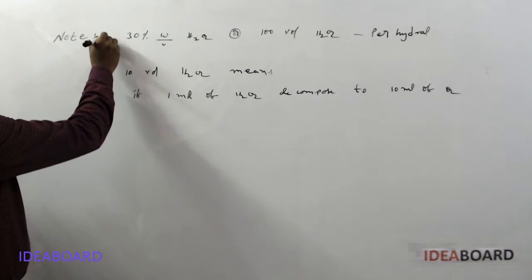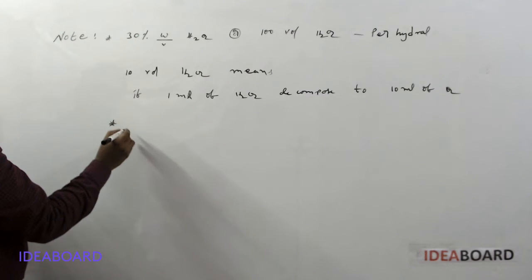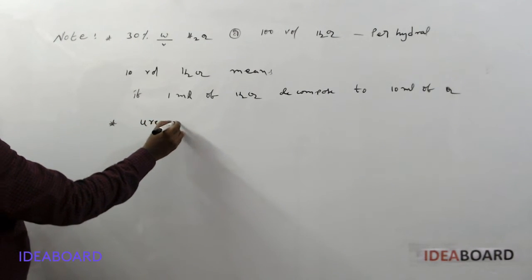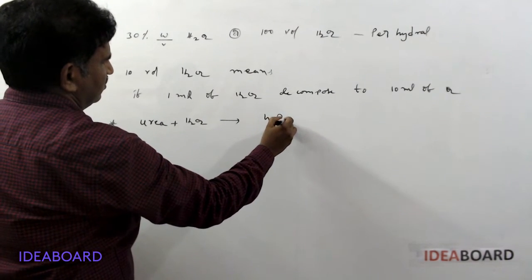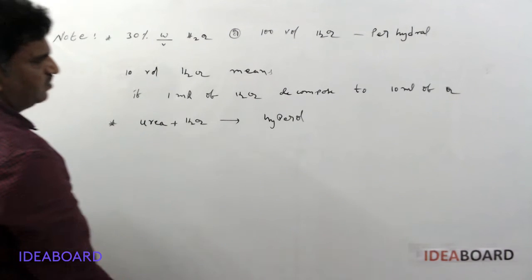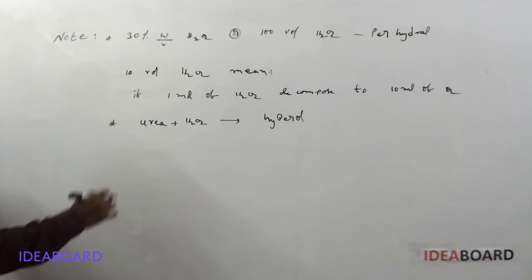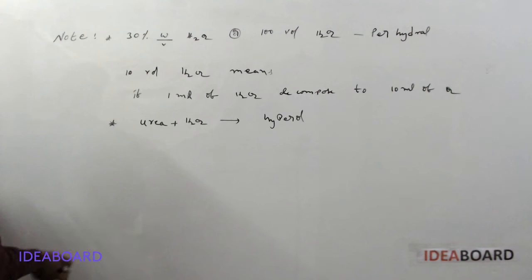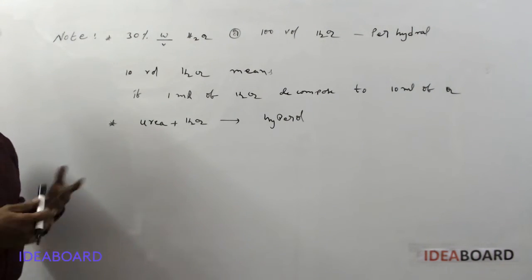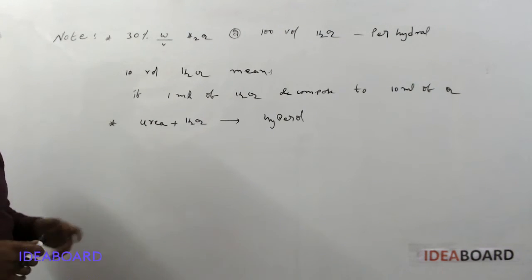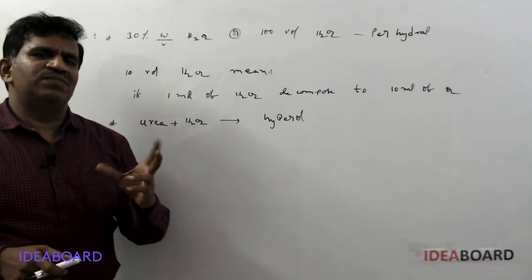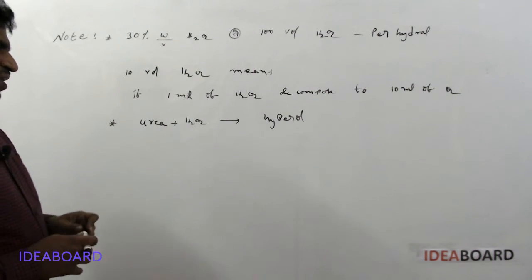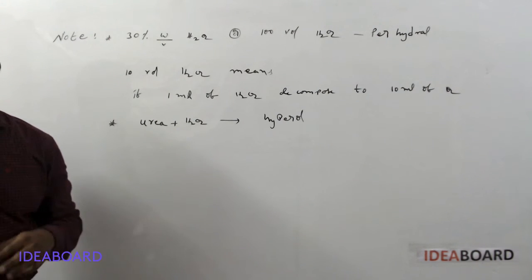And another important point, this is the first point. Another important point, the mixture of urea plus hydrogen peroxide is called hyperol. This was important. Previously they asked this question. Hyperol, that is a term. Urea plus hydrogen peroxide mixture. And hydrogen peroxide is also used as a mouth washer. There are so many uses, industrial chemical, and it is used as a disinfectant and for cleaning also, like a mild antiseptic also. And hydrogen peroxide as a mouth refresher or mouth washer also.